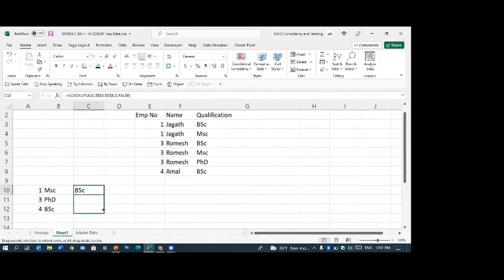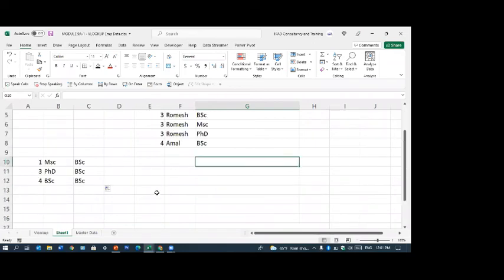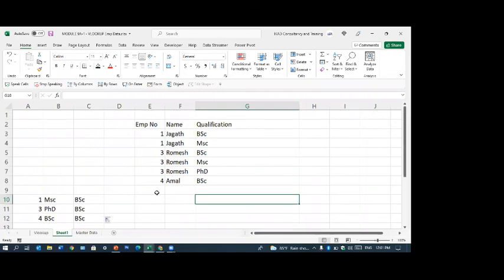Take the highest qualification. BSc. We are looking from top to bottom only. There's no option to look from bottom to top. But to do that, you have to make sure your qualifications are in that order. Right? So, do you think VLOOKUP is clear now? See the difference between the XLOOKUP and the VLOOKUP. Is that okay? You want another exercise to be done on VLOOKUP?